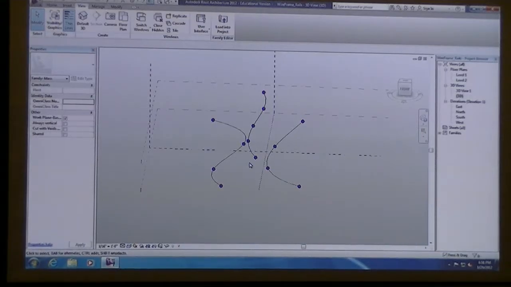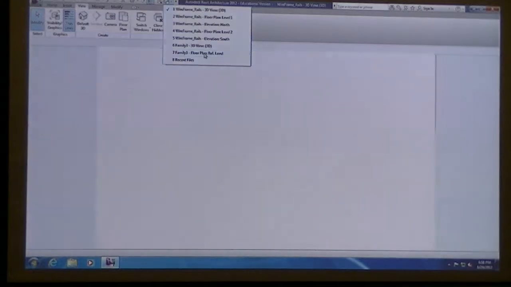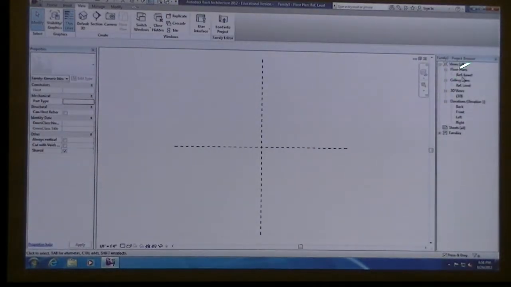Therefore, in my adaptive component, I'm going to want to set up 3 points. If I happen to want 5 rails, I'm going to want 5 adaptive points, and so on and so forth. So just remember your rails have to equal the number of points that you're going to use in your adaptive component.